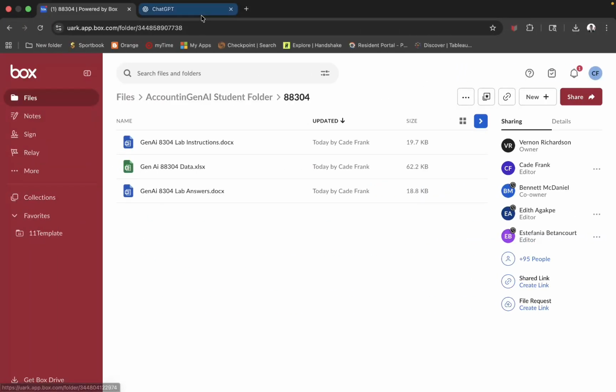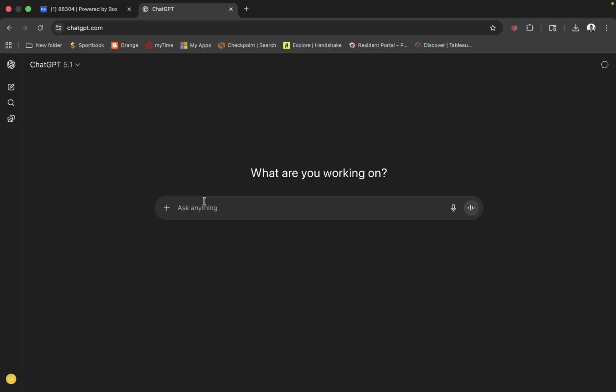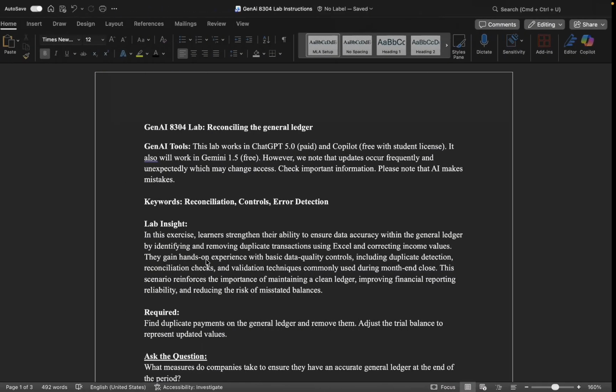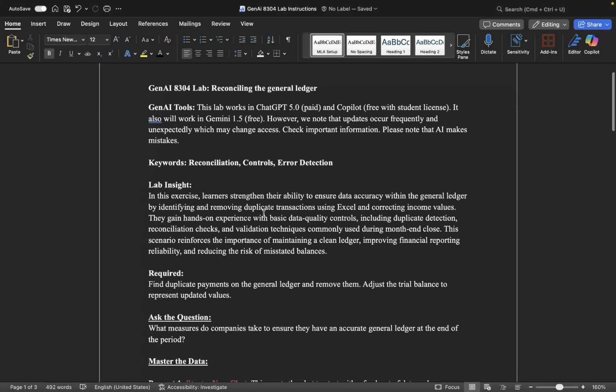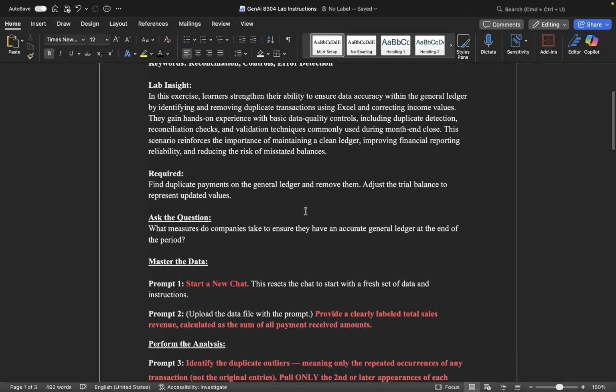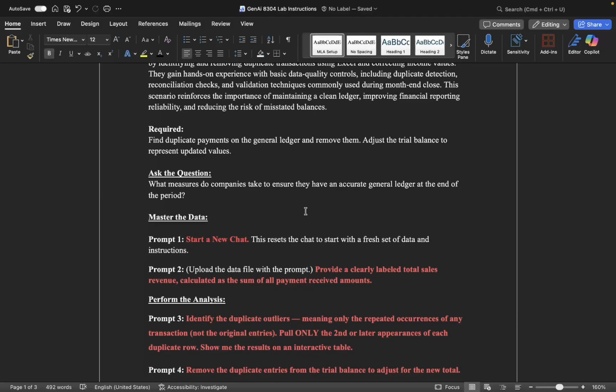So what we're going to want to do is go into ChatGPT. We're going to ask it to start a new chat. Alrighty, so now that we've done that, we're going to want to go through here and read the instructions. Also be sure to read all of this information when you do the lab instructions, but for our purposes, we're going to ask the question, what measures do companies take to ensure they have an accurate general ledger at the